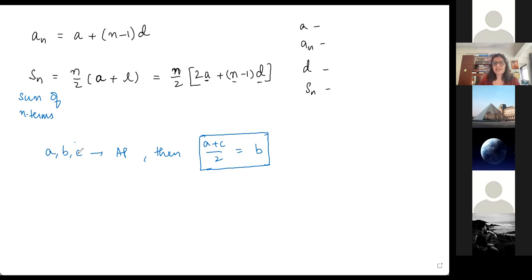If a, b, c are in AP, it means that the difference between a and b is equal to the difference between b and c. And the concept of average is that whatever mean you're finding out over here, you're getting the central term, which is nothing but b, because the distance between a and b is equal to the distance between b and c. Okay. So that's one way to look at it. You can also verify it mathematically. How? So you have a, then b will be equal to a plus d, if d is the common difference.